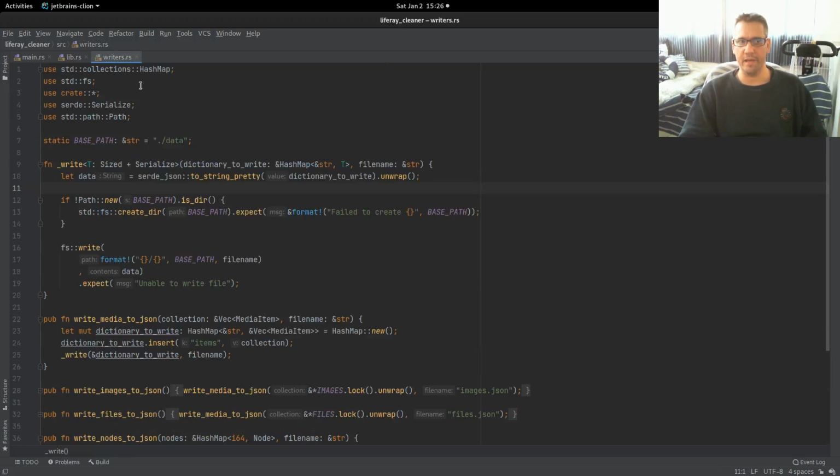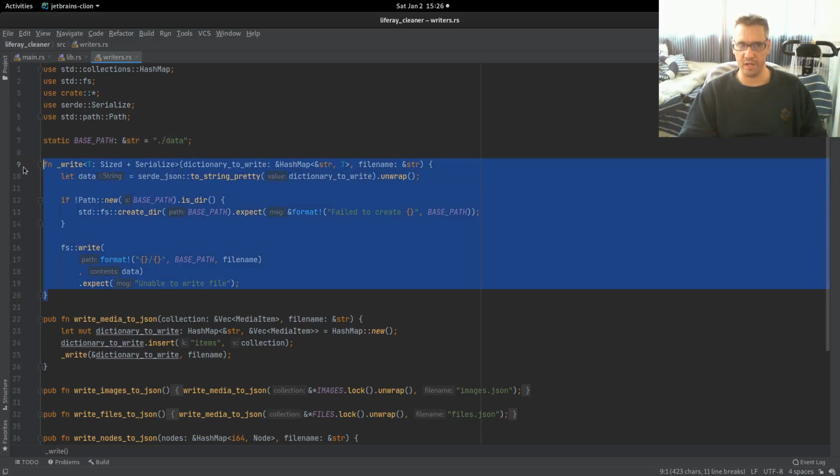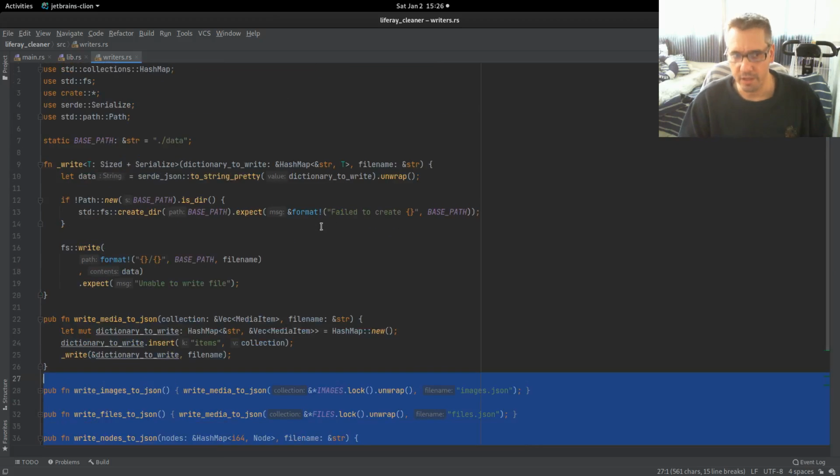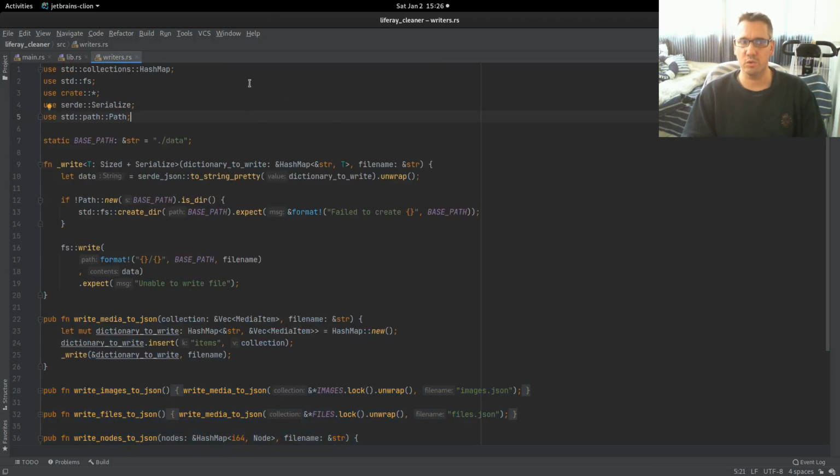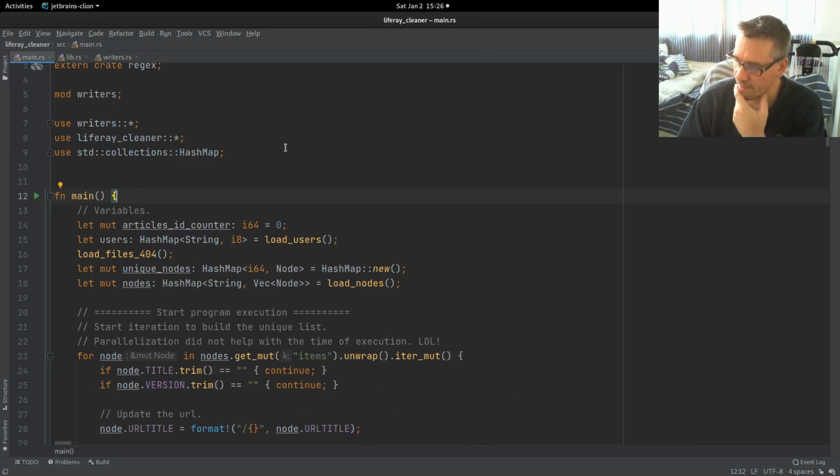I have, for example, a writers module where all the writing to disk happens, and all the related stuff is included in the writers. Maybe I will create a readers module in order to have all my stuff there regarding reading from the disk, because I also do that, I read from the disk. And this makes the whole structure of the program much easier to reason about, much easier to refactor, much easier to restructure, much easier